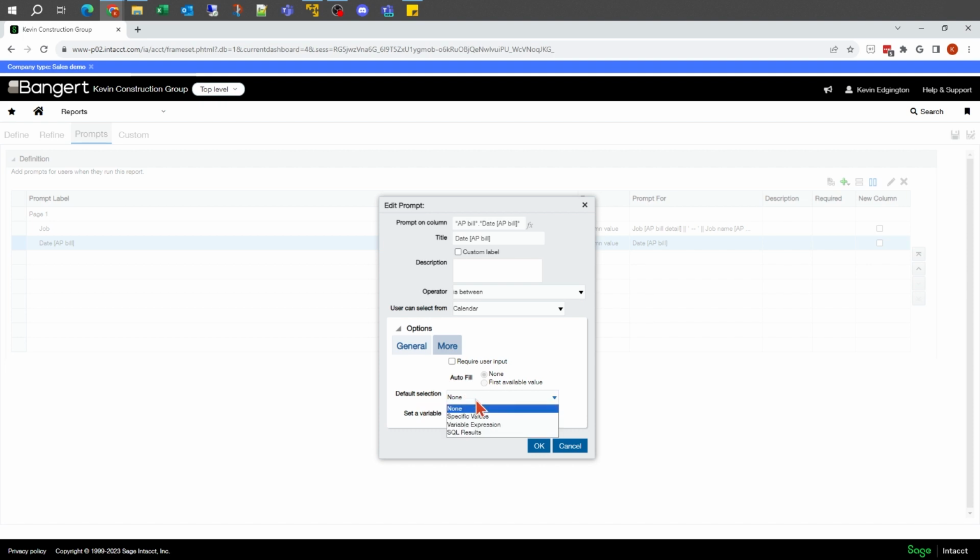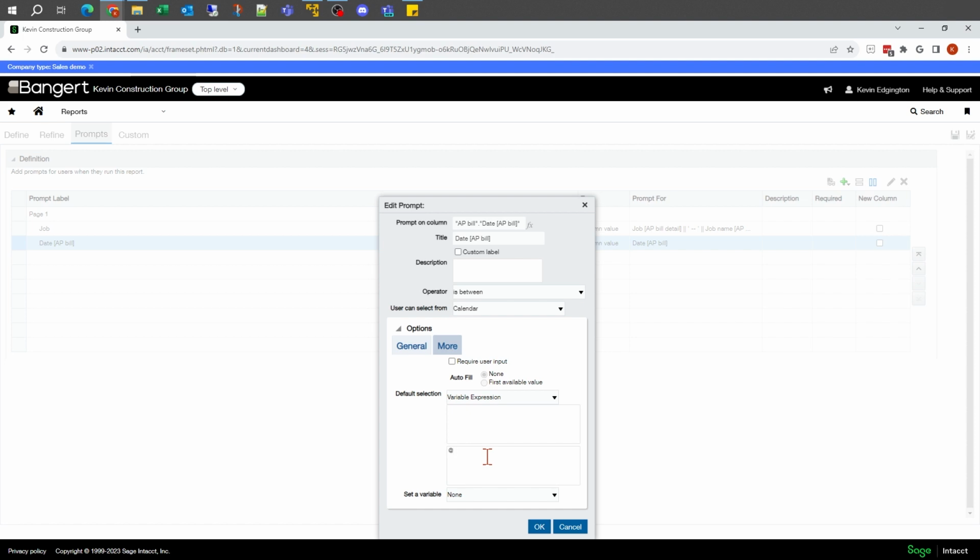The default can be a specific value. So if I always want this to start at a particular date or something of that nature, if it was something you're just going to type in, you could put that in. If I wanted to look up the computer date and automatically default to the computer date, I'm going to select variable expression in this case. This top one is going to be my starting date. I'm going to leave it blank. And then down here would be my ending date. In this example, I'm going to go ahead and put in an @ symbol.